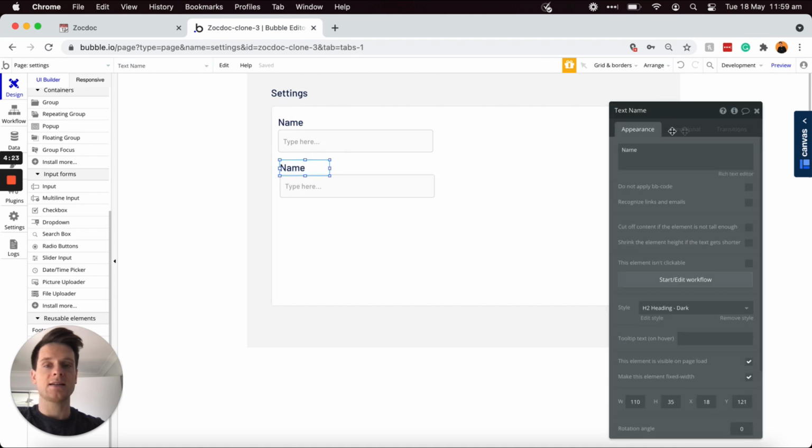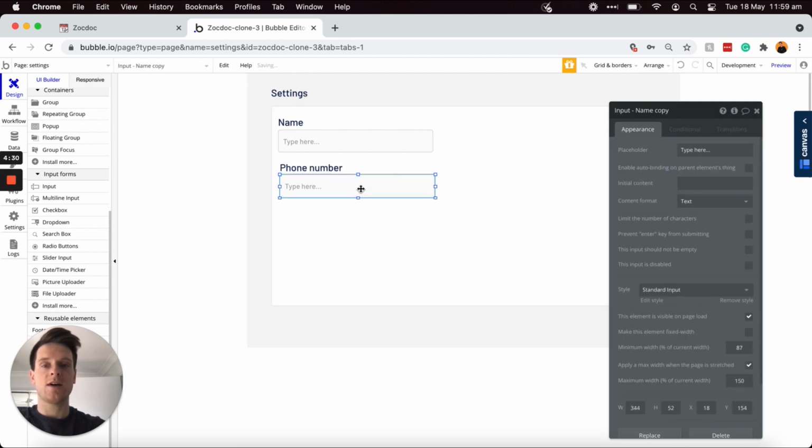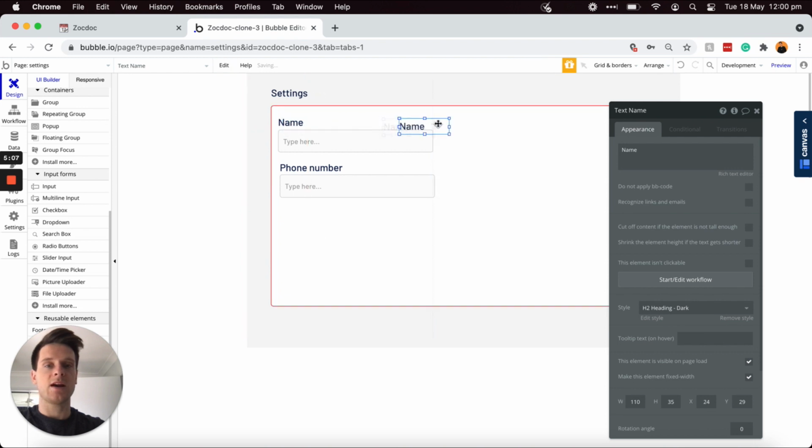And in this instance, I would like this heading to display phone number. I'll need to stretch out the width of that. And then I'll update the name of the input to also be phone number. And this will just be a standard text input. Now from here, I will just copy the name title that we have here, drag this across, and I'll update this to